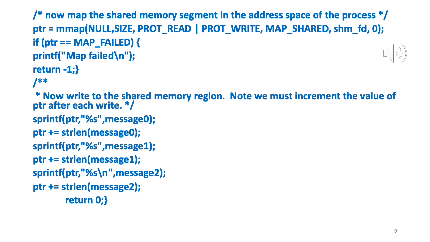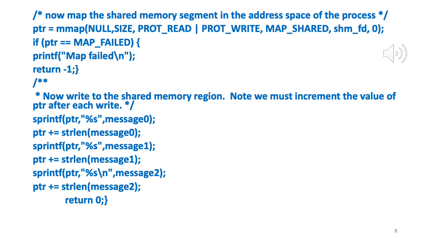So once the mapping is done, what will the pointer contain? It will contain the address of the first location of that shared memory mapping, which is now also part of the producer process.